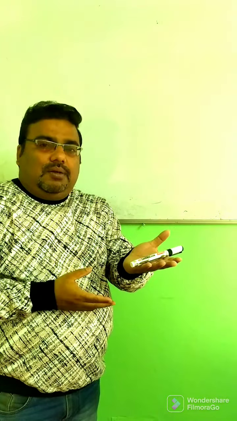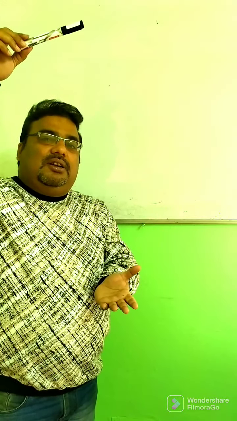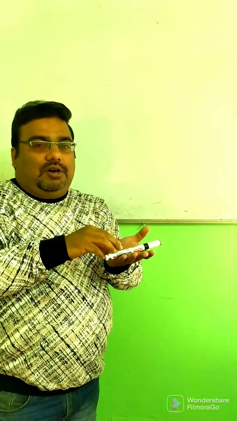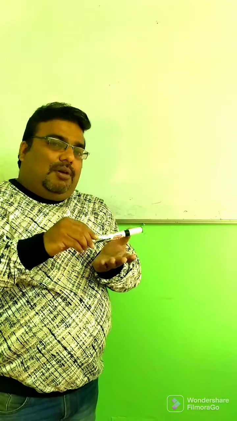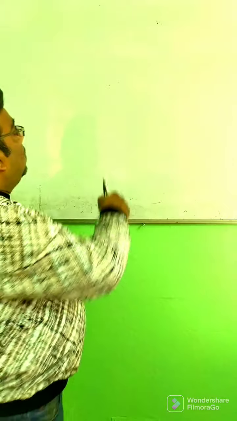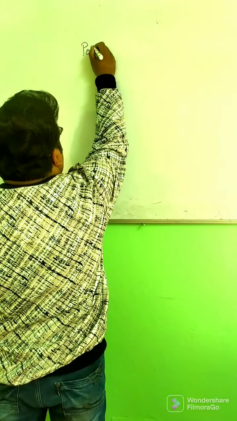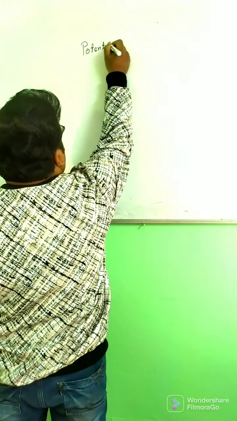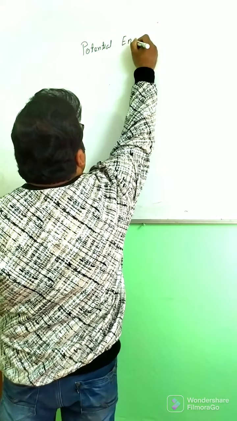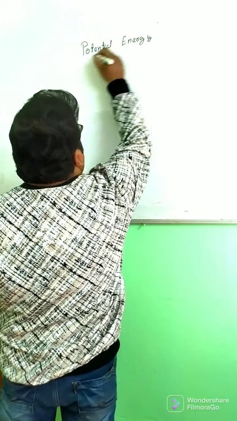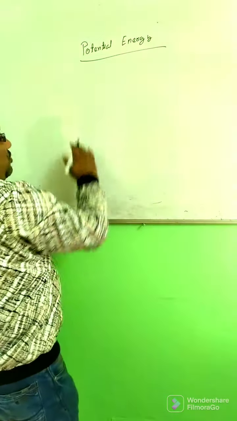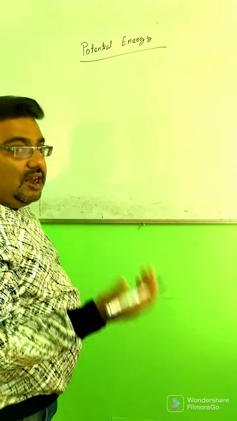यहां से अपने आप नहीं था. When it is lifted and released, I am doing some work on it against gravity. And जितना हम काम कर रहे, that amount of energy is stored in that body in the form of potential energy. So the potential energy of a body means energy due to change in its position, or due to change in shape or size of a body.